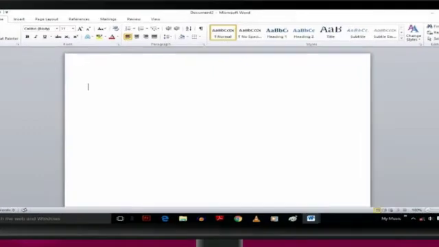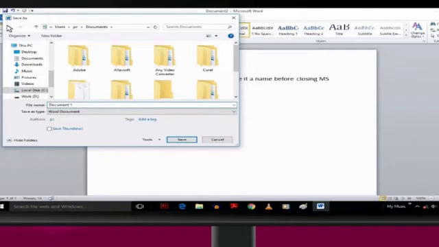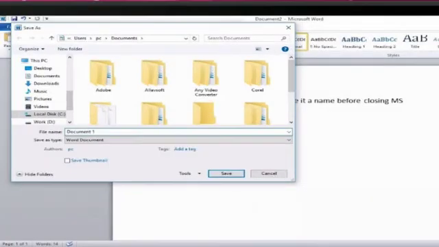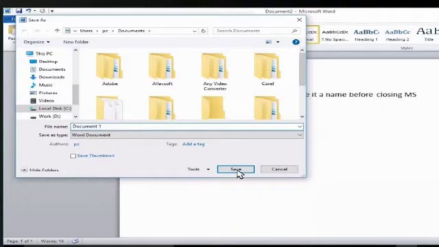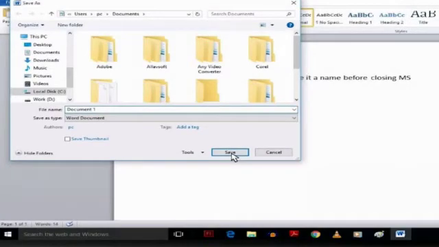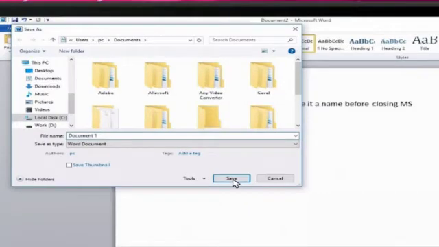And once you finish writing your document, you have to save your document. And to save your document, you can click on Save option on the Quick Access toolbar or click on File tab and then click Save option by typing a name of your document and clicking on the dialog box. Now, MS Word will save the document in your computer, which you can use later on if you want to make any kind of changes in it.